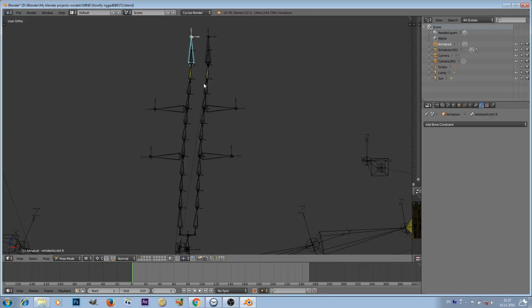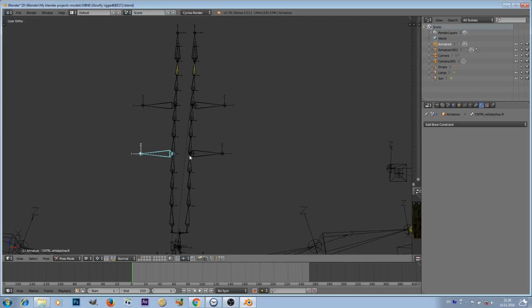I was wondering how to create IK controllers for this IK. So as you can see right now, we can move this IK chain, but what I wanted to create is the controllers for the middle of the IK chain. And as you can see, this was my initial stage I'm showing you right now. I couldn't move that